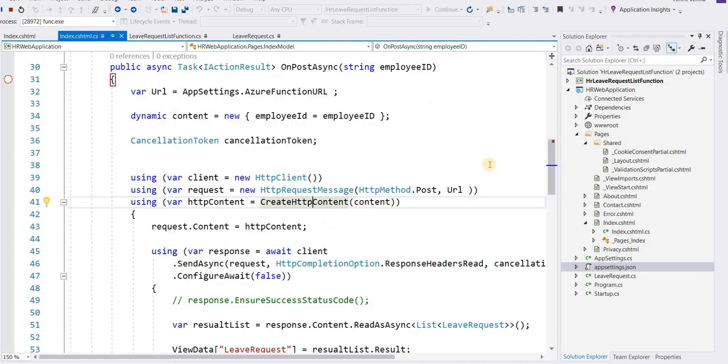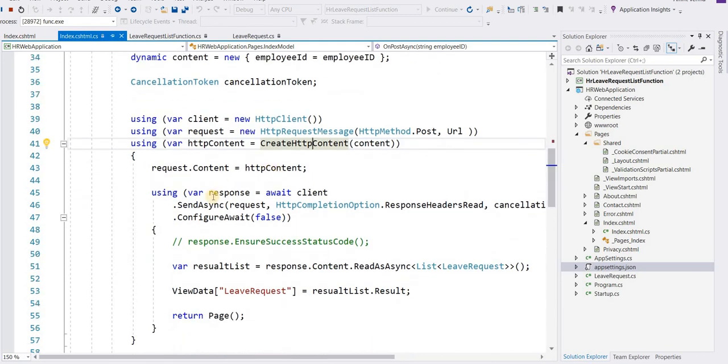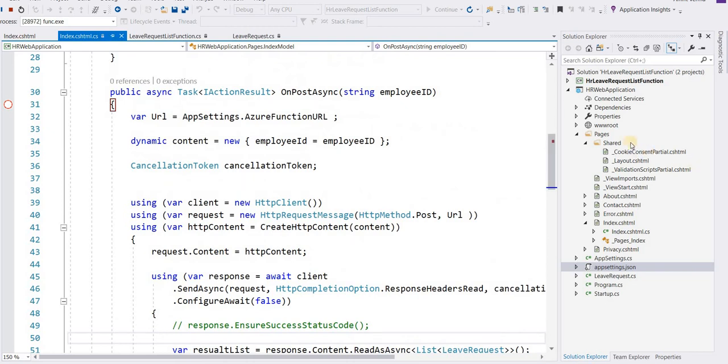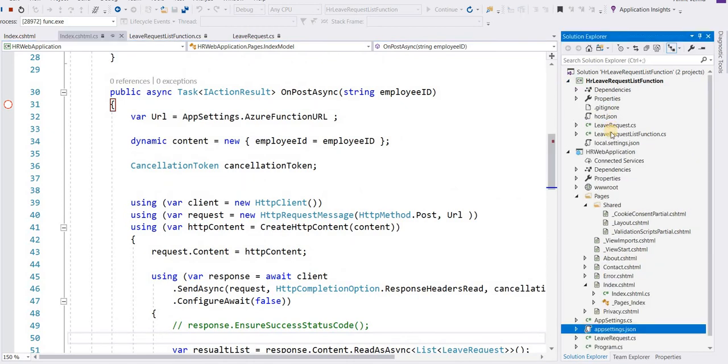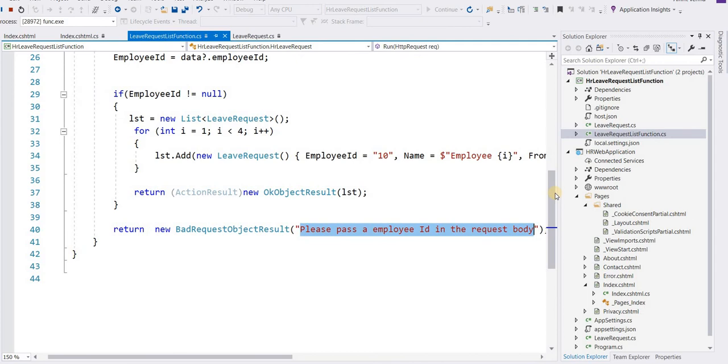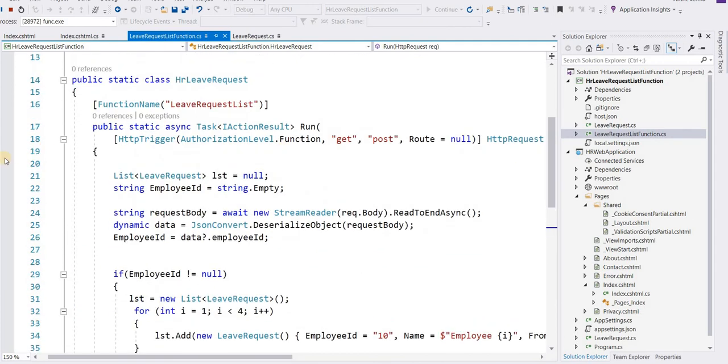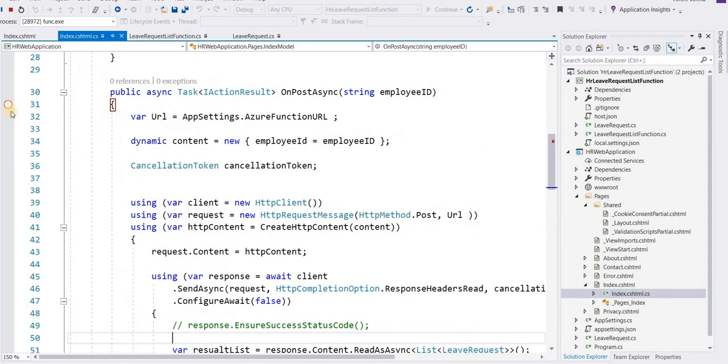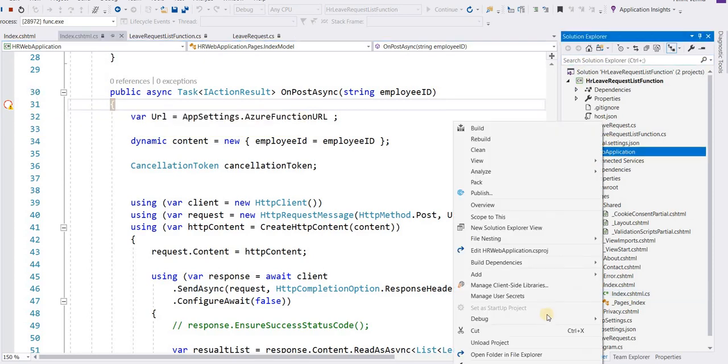So now we are sending the request, and once we send the request, I can show you both ways. I will put a debug so that you can see how our application will work. I put the breakpoint in my function, and here I just put the break mark here. So once I run my application, debug, start new instance,